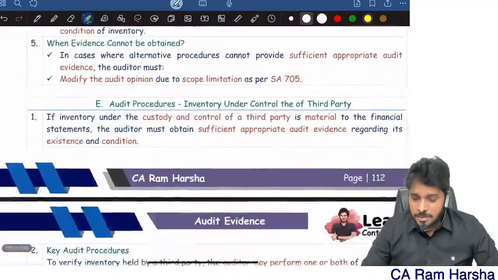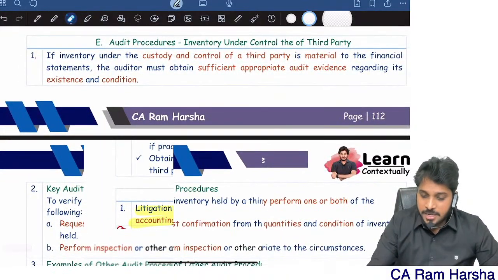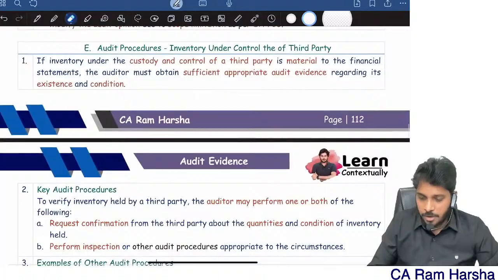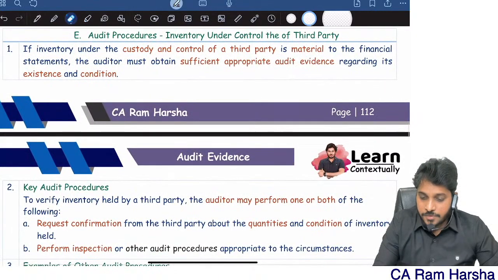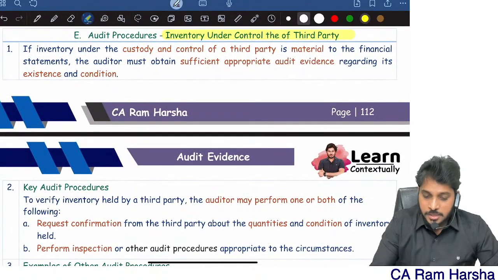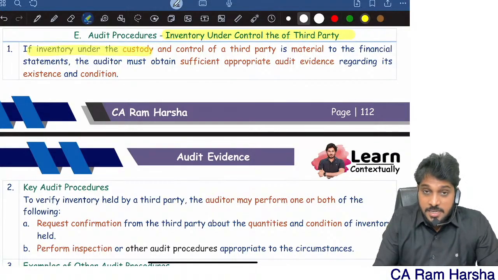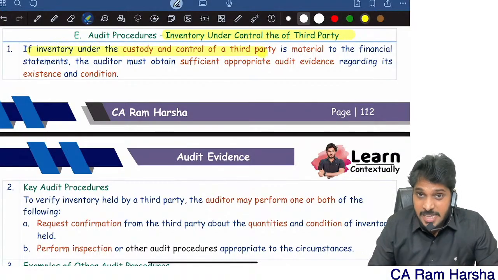But before this, let me talk about when inventory is in the control of a third party. Inventory under the control of a third party. If inventory is under the custody and control of a third party, for example, inventory in transit, inventory with a job worker,